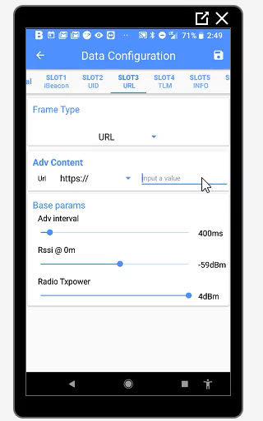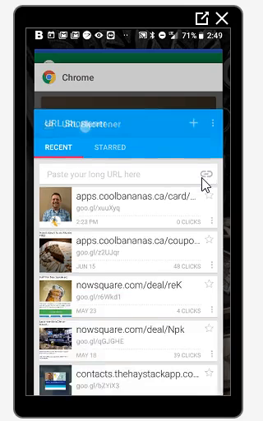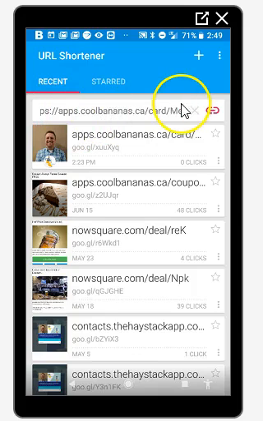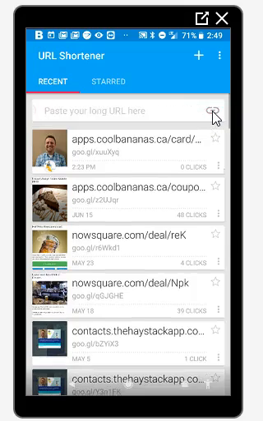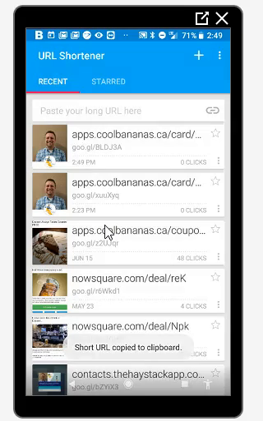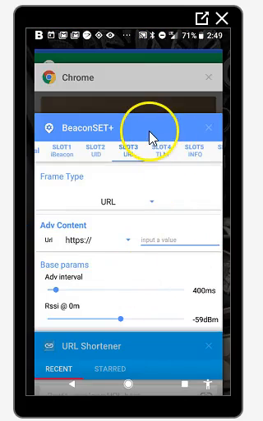So we need to shorten it. That's the reason for the URL shortener. So we go back here. I've already shortened it, but basically what you do is you paste your URL in there, and you click this button here. It'll shorten it. And then you can copy the URL, and then we can go back to Beaconset,